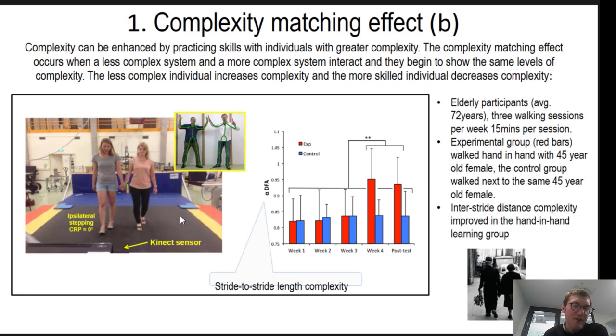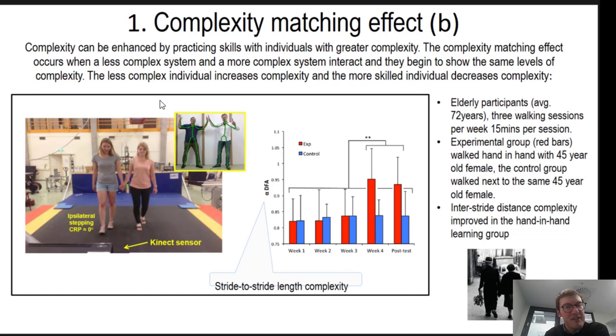And one interesting recent experiment, one of the few that have looked at this effect in human health, looked at elderly people and their walking gait, and they had individuals who were on average about 72 years old. Okay, and